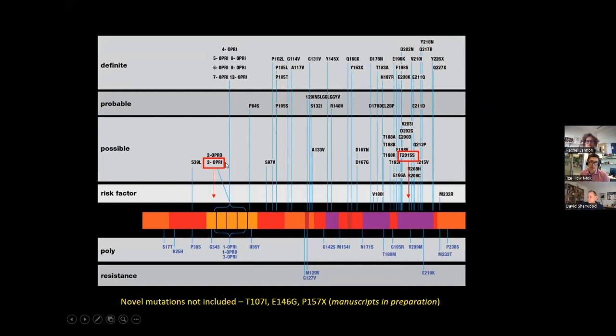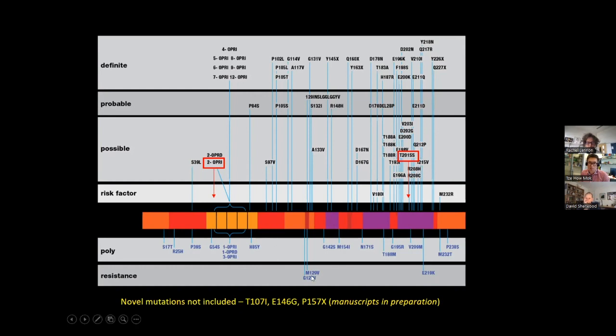And it was at the time when this diagram was conceived that they were thought to be possible causes of familial CJD, but hopefully I'll be able to convince you later on that they're perhaps merely a low risk factor, or possibly even a benign variant, after all the work we've done on it. And I think the other bit that really interests me is that there are some variants that can confer resistance